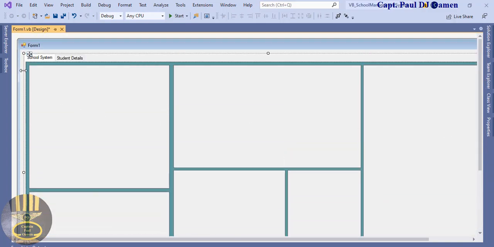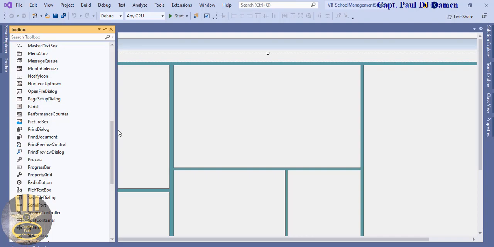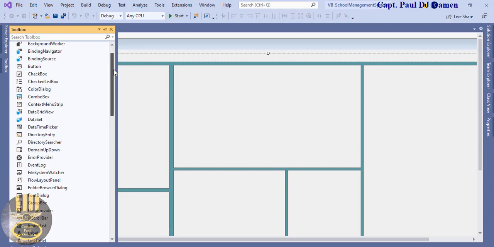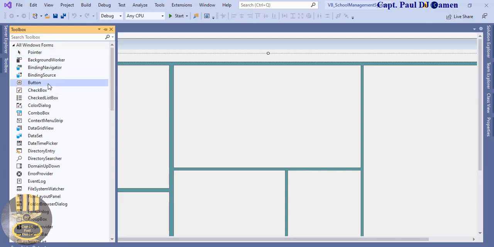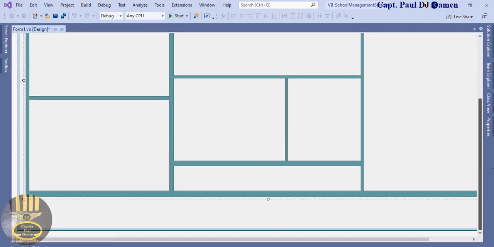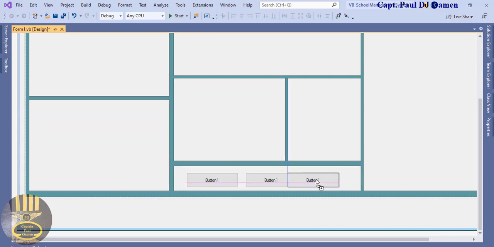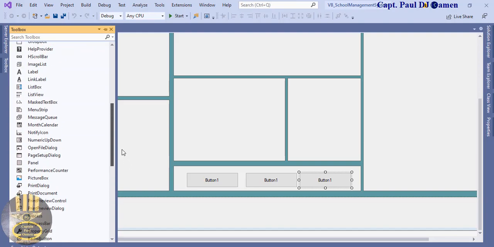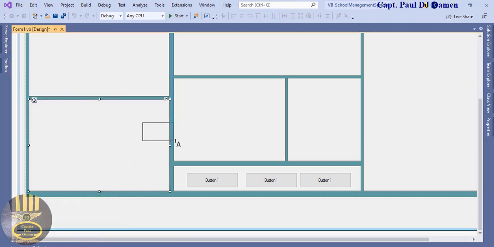So the next thing I want to do is I'm going to come right here. Let's grab labels. Maybe, okay, I can see button here. Grab that very button. I need it anyway. So I want to add three buttons here. One here, another one, and another one. Okay, let's come right here. We need label, and we're going to need a couple of labels. We have one here, 2, 4,